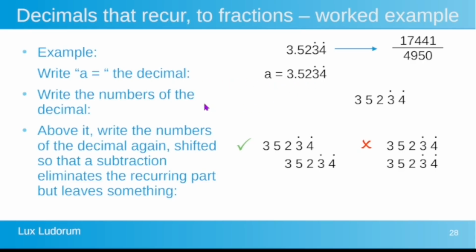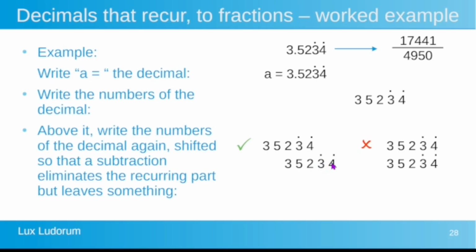So there we have A. Write the numbers of the decimal, and I haven't bothered with any leading zero or decimal point here, just the digits. Above it, you write the numbers of the decimal, again, shifted so that a subtraction eliminates the recurring part but leaves something. So in this case, I've written an additional 35234 above my original